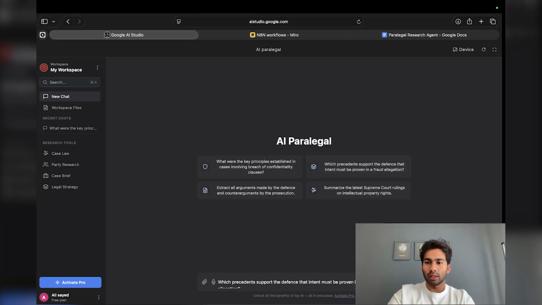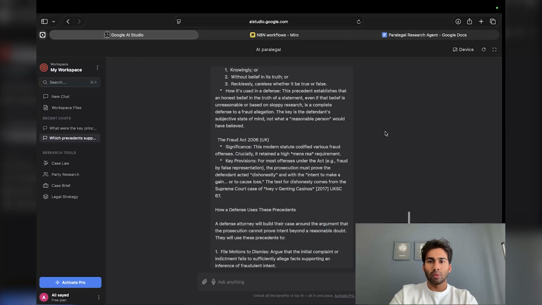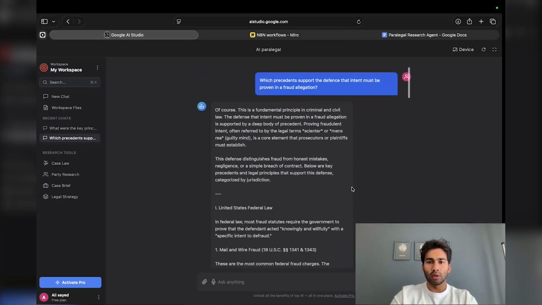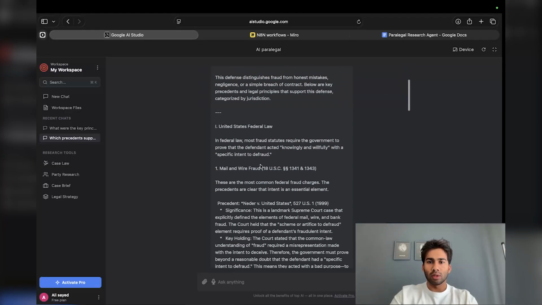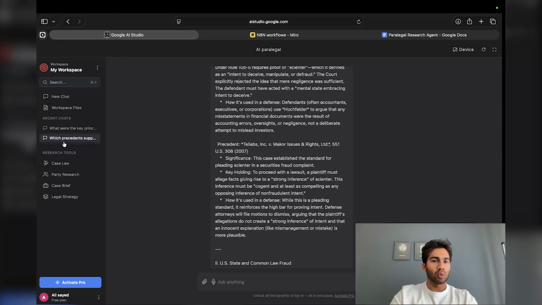If we click on that, which precedent support the defense that intent must be proven in a fraud allegation. As you can see on the side, it stores chat history while it's generating that. Okay, so it popped up the response. We can see this is working. It gave us an entire breakdown for everything that we need, and it stores the chat on the left hand